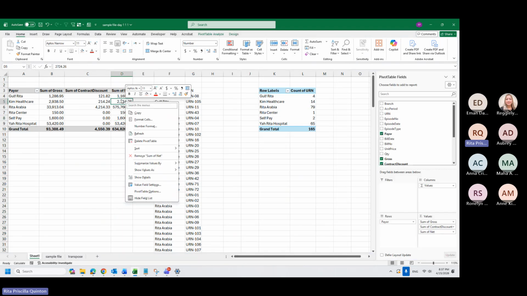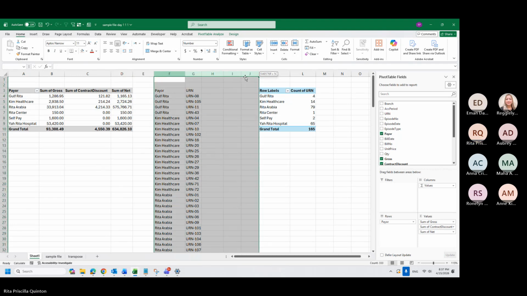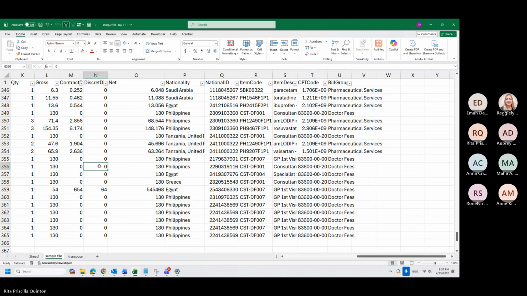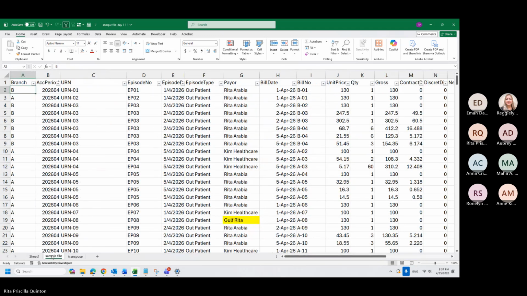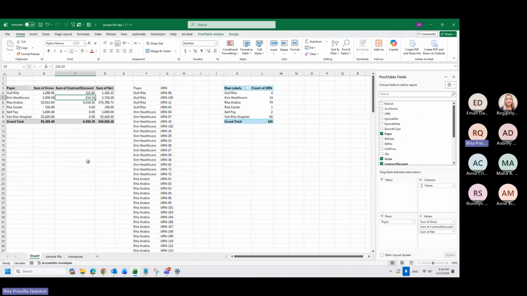So if that happens, just make sure you put it here inside the pivot table and change from here. Okay. We also have. Are there any questions? You can raise your hand or type on the chat box, please.